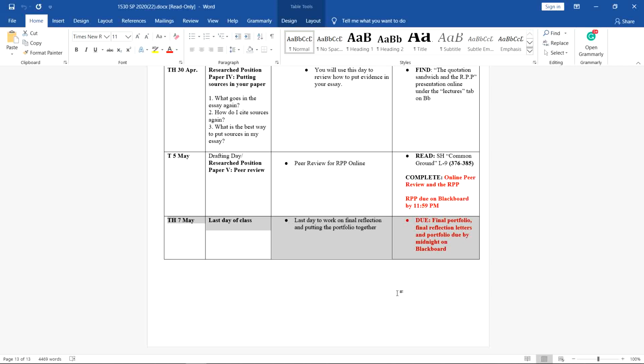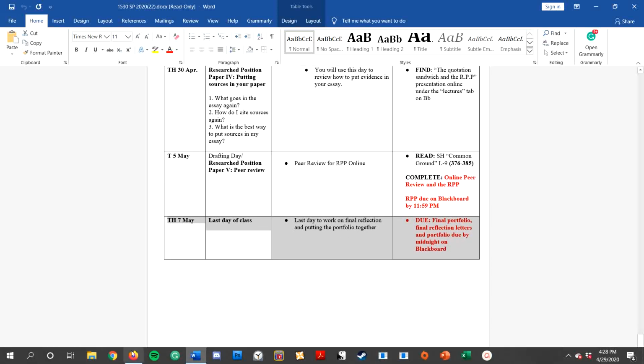So if you want to do a Google document, that's fine. If you have already started on a Google site and you want to do a website, that's perfectly fine too. So I will leave that option open, and I will let you all decide. I think you're all more than capable of deciding that for yourselves. But if you want to go the easier route and you don't know how to do a website, I would probably just do a Google document.